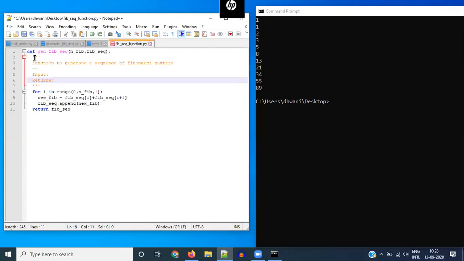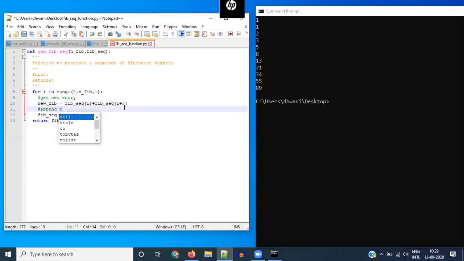Okay, yes, so that's about writing some comment here. That's a general comment at the top level, but you can also have some additional single lines of comments saying get new entry and then append to list and so on.